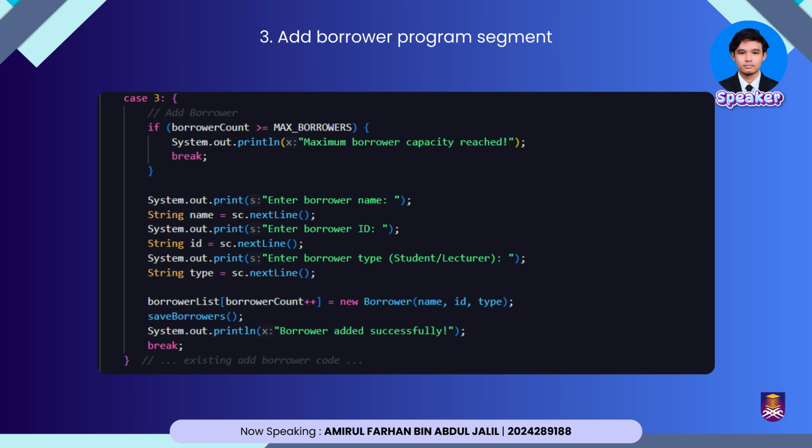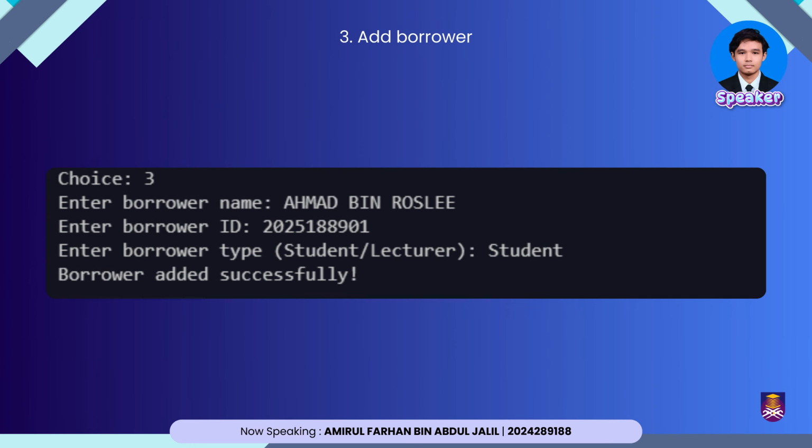At the borrower progress segment, it allows the user to input a borrower's information. Then it stores the object in the borrower list and calls save borrower's array to write to the file. This is our output sample. We're adding the name, the ID, the borrower type, either student or lecturer, and then